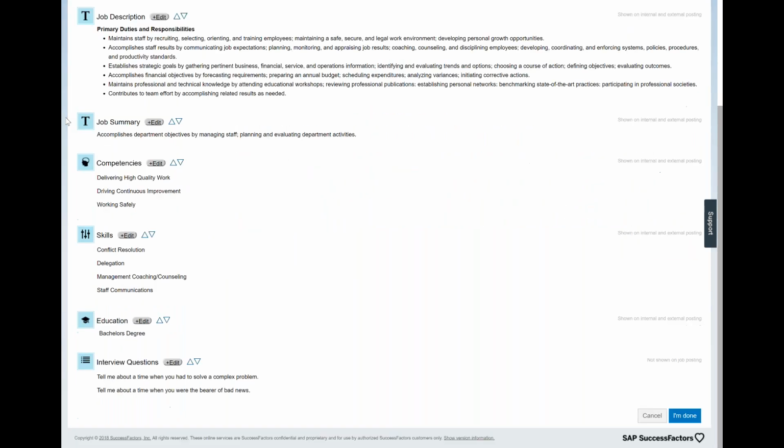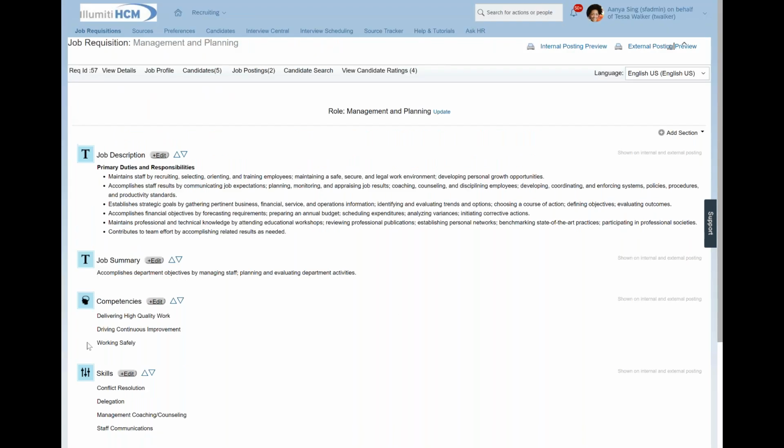If I am maintaining a job catalog in the system, which I am welcome to do, then these pieces will pull in for me automatically whenever I select a job from that catalog. And of course, I have the ability to make on-the-spot edits to each of these different pieces. And I have the ability to add a new section to the existing sections as well.